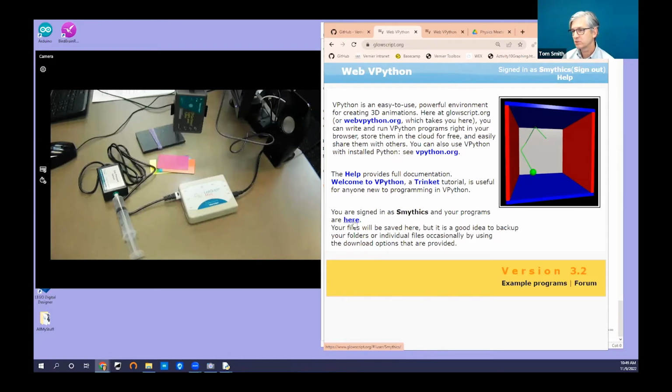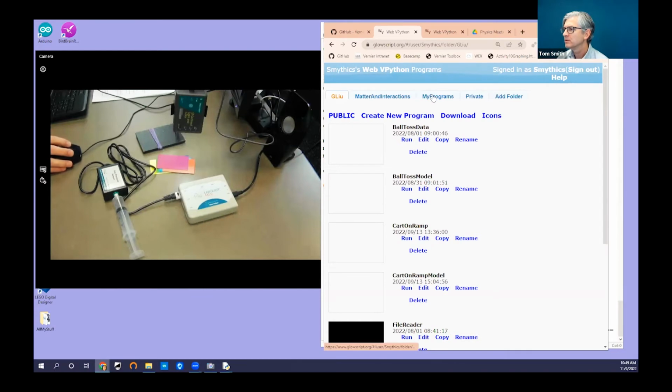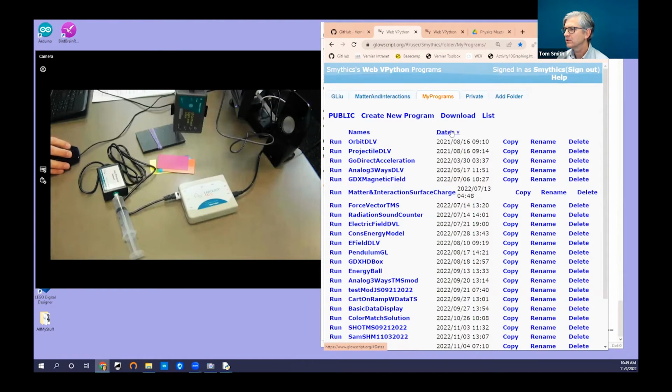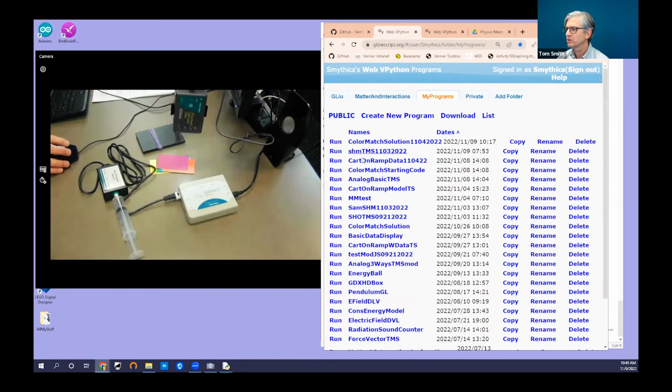So if your students have Chromebooks, this is a great example. You do need internet access to use the web VPython version here. Well, I'll show you my list of programs here. So if I go to my programs, look at the list of programs, we're going to take a look at one in particular, this color match solution,